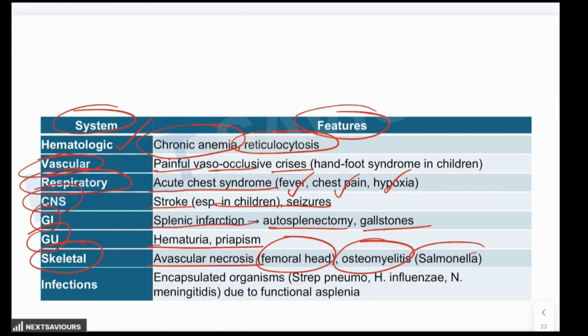There could be osteomyelitis, which is related to salmonella, because salmonella is the most common organism causing osteomyelitis in a patient who is suffering from sickle cell disease. And it might also predispose the individuals to certain infections by encapsulated organisms like Streptococcus pneumoniae, Haemophilus influenzae, and Neisseria meningitidis due to functional